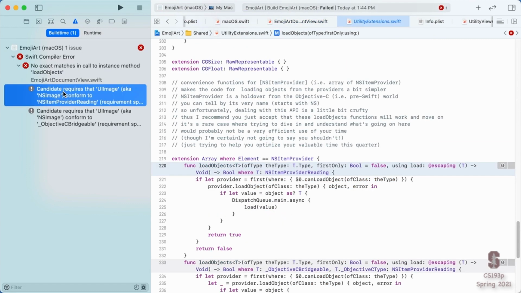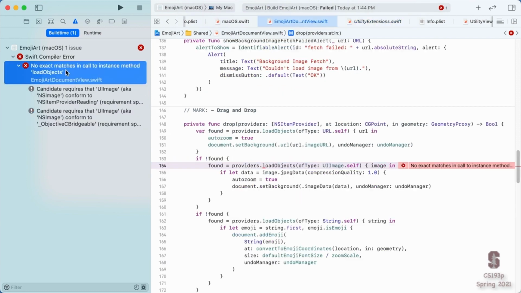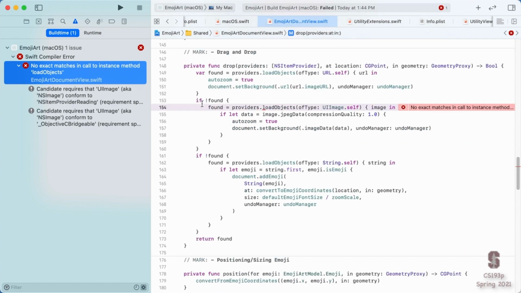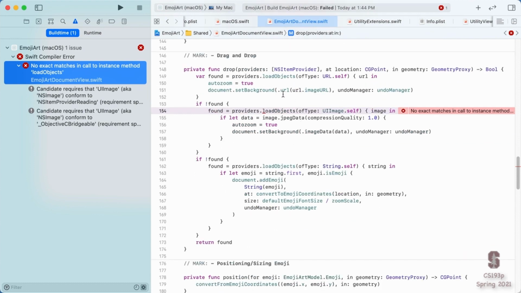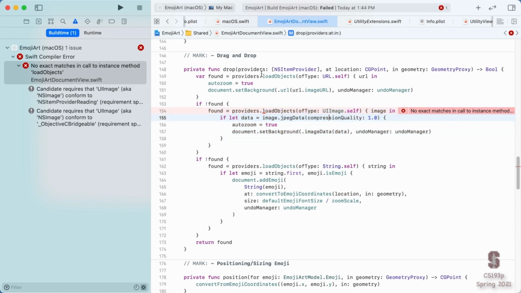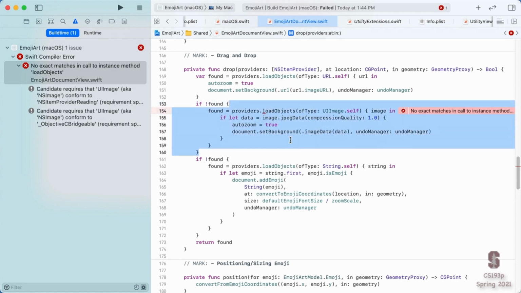Okay, we're down to our last thing, I think, which is this loadObjects thing. Yeah, okay, so this is a problem for sure on the Mac. The way we do drag and drop of images, not URLs. URLs is not complaining. That's going to work fine. We're going to be able to drag and drop a URL on the Mac for our background. That's going to be kind of cool. But images, the way we do it on iOS is we use this loadObjects and this item provider thing, but there's no item provider for NSImages. Unfortunately, NSImage does not do this item provider thing.